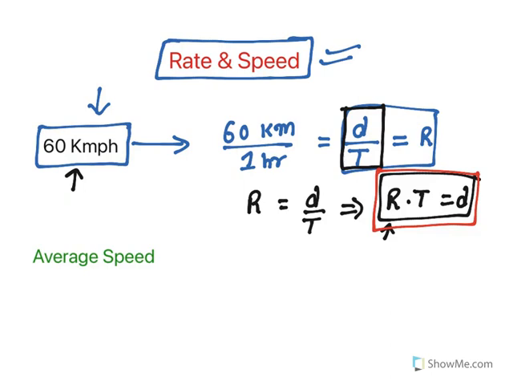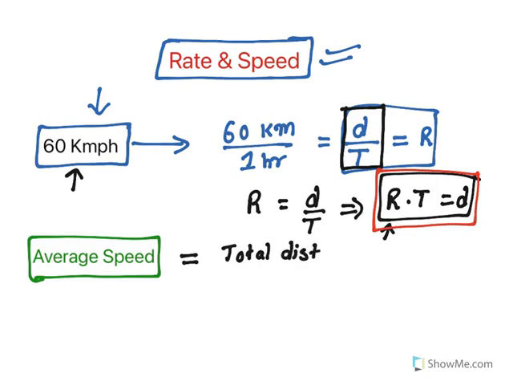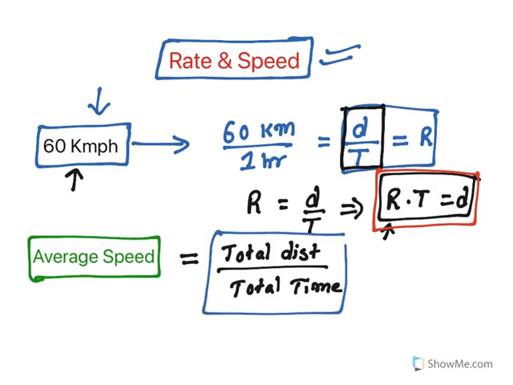The next important one is average speed. Again, this concept is tested in many of the questions. Now when they say average speed or rate, it is total distance by total time. So these two are the fundamental principles which we need to keep in mind. With these two you can solve many of the problems, and you need to use simple logics. Let us see with examples.